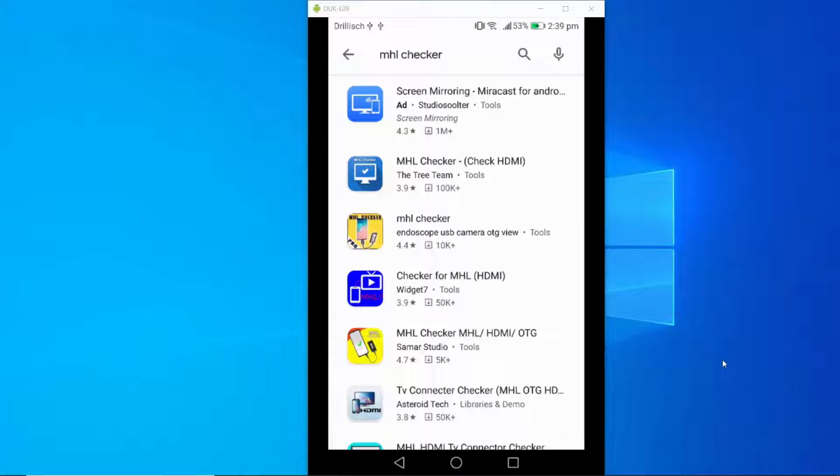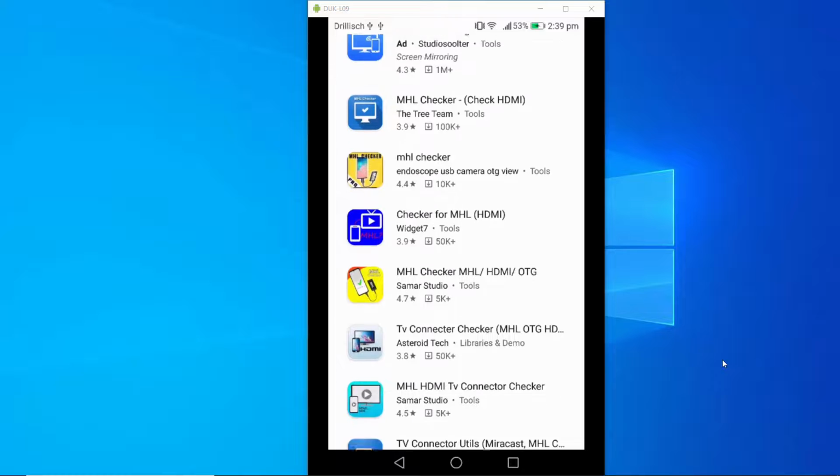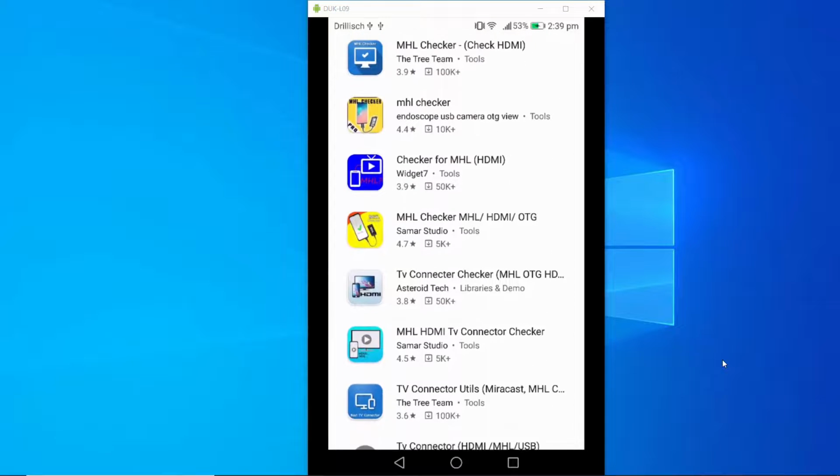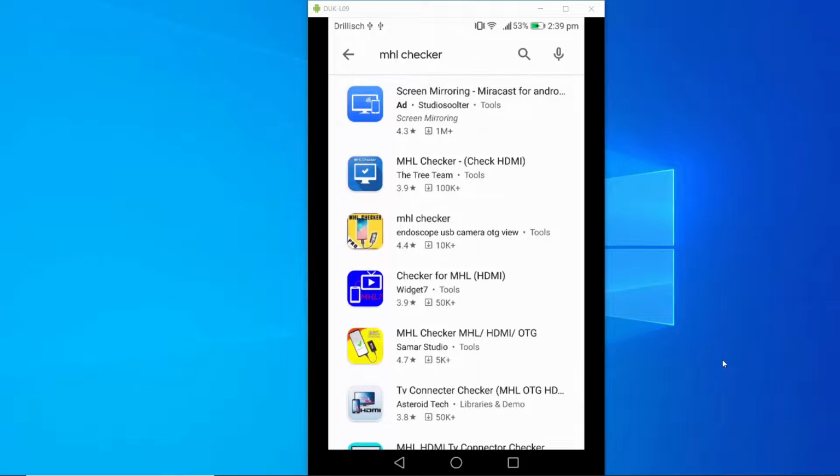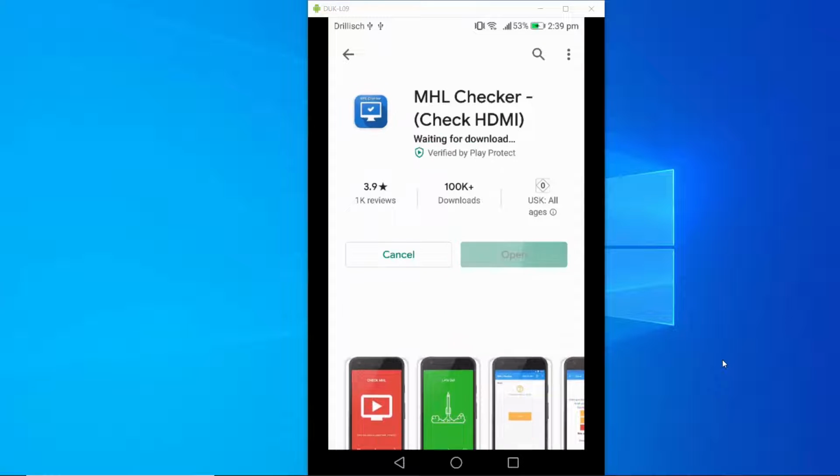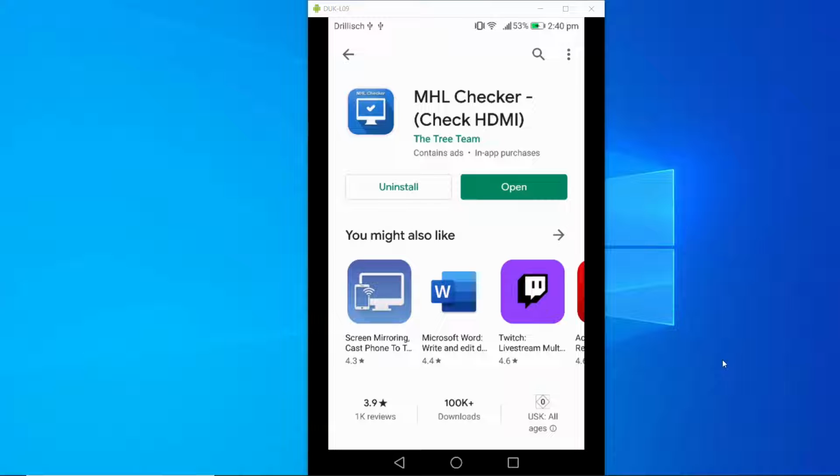And the first result here is MHL checker, which is the most popular one also, but you can choose any other app from here. I'm going to choose this one which says MHL checker check HDMI, and then I'm going to install this app. And now once the app is installed, I'm going to just open this app here,